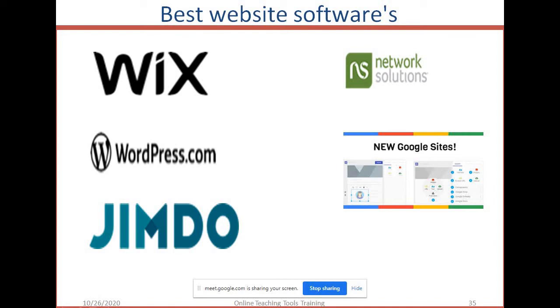Okay. So the best website software which provides very much free service: Wix.com is one of the free website creation software, and WordPress.com is an olden days software that has been working since long back.